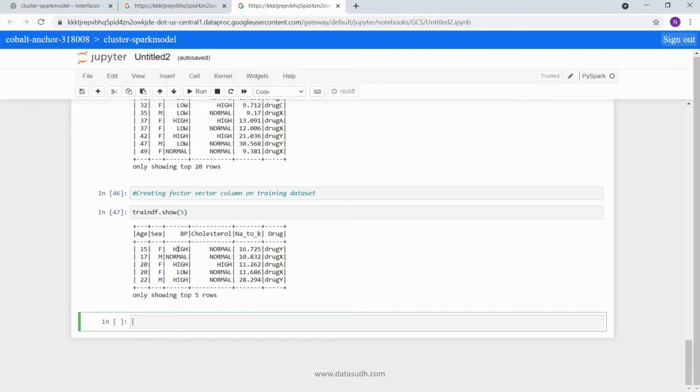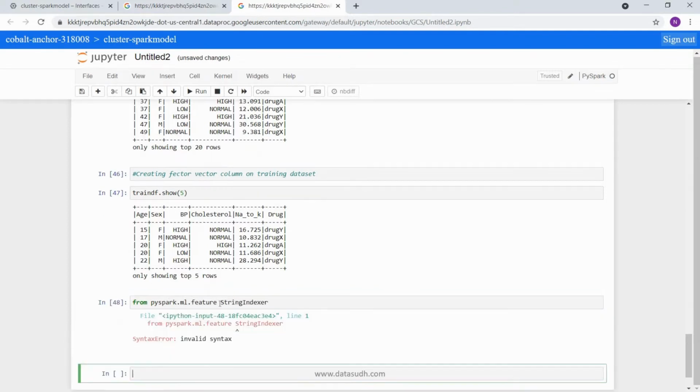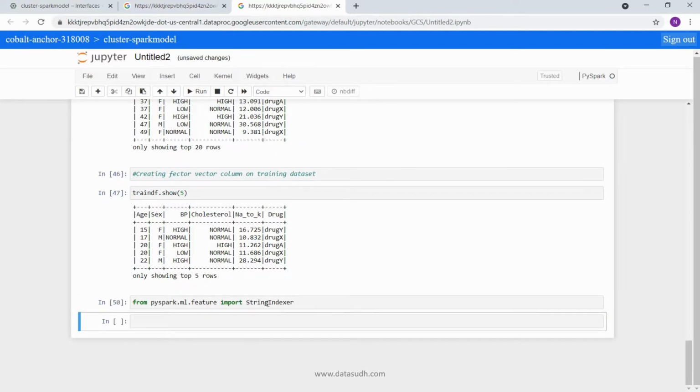We will convert these label values to an index. For that we will import a Spark method, StringIndexer. So the method is now imported. First we are going to see how this method works. Let's take one column as an example and declare a variable.